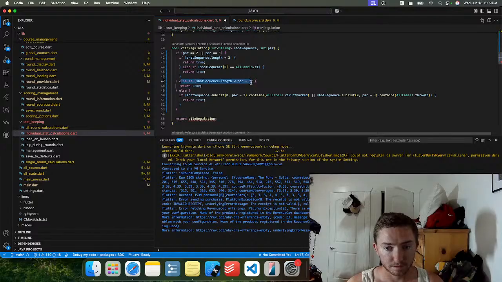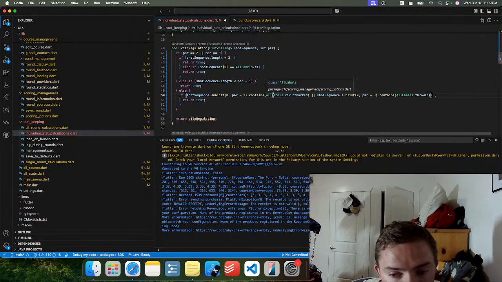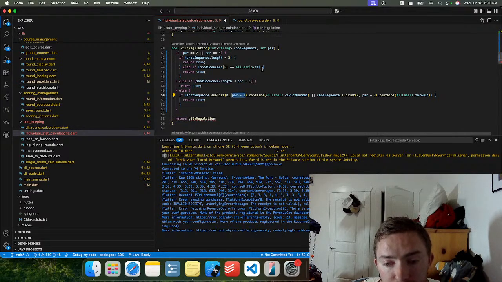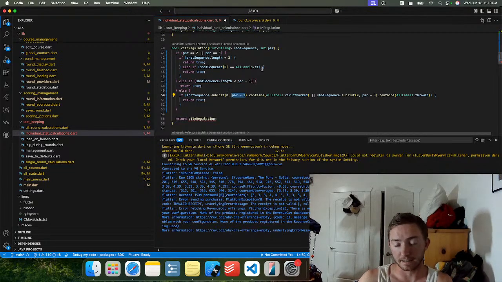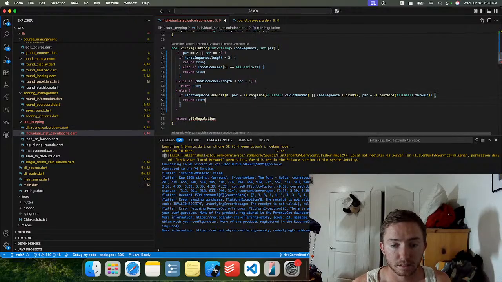If it's not a par 2 or 3, if shot sequence 0 to 2 contains putt parked, so this is actually going to be 0 to 1, because that means within the second shot, they have to be inside of circle 1. So 0 to par minus 3, so that we're holding it true for a par 5 as well, contains all labels C1